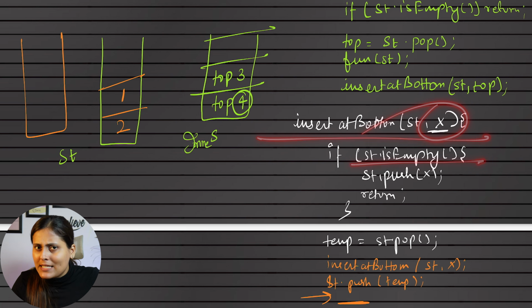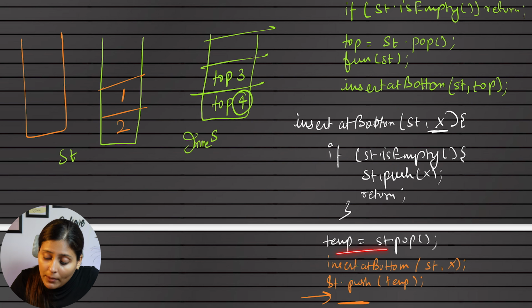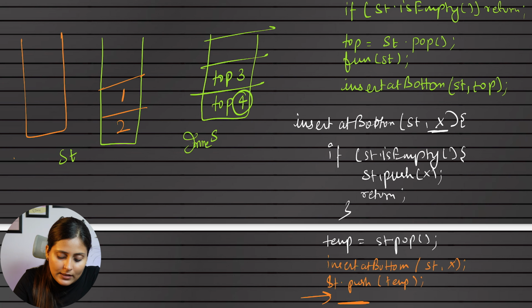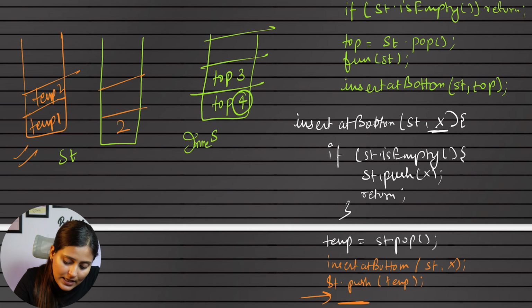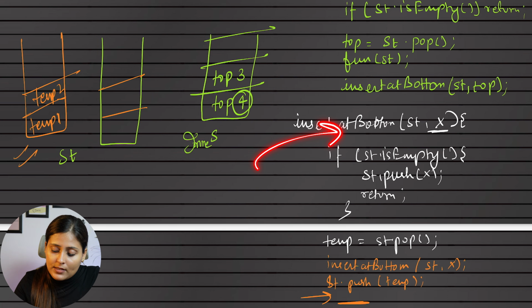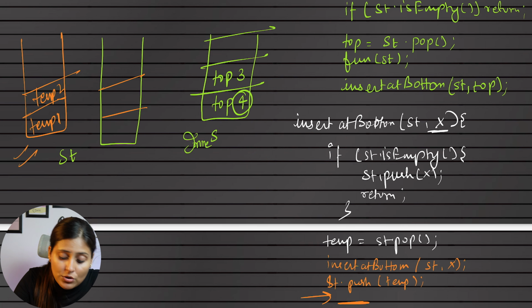Again it will check, is my stack empty? No, it is not. So we will pop the stack top value and put it in temp. Again in the inner stack of the insert at bottom function, we will pop 1 and save it here. Again we will pop 2 and save it here. Save here means only calls are getting saved, so definitely the variables will also get saved. Now we'll call this insert function recursively, and at the end, when the stack is empty, we can push our 3. So now we will push 3 at the bottom of the stack.